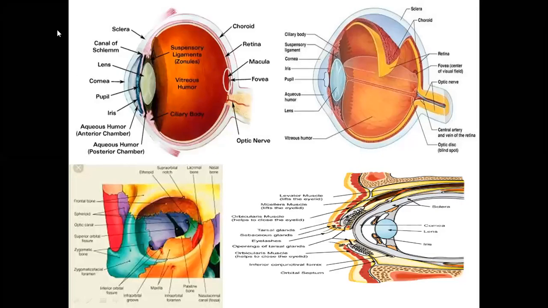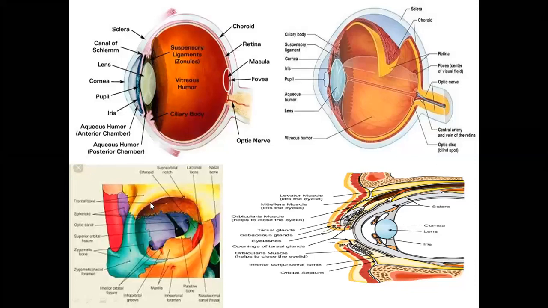So first of all, we'll discuss a little bit of anatomy. To understand any abnormality, it is very necessary to understand the anatomy first. So what is the anatomy of the eyeball? I'm just giving a little bit of review about the eyeball, eye socket, and the eyelid of the eye. So this is the socket of the eye, as I previously taught you about this, but today is somewhat of a review of this.